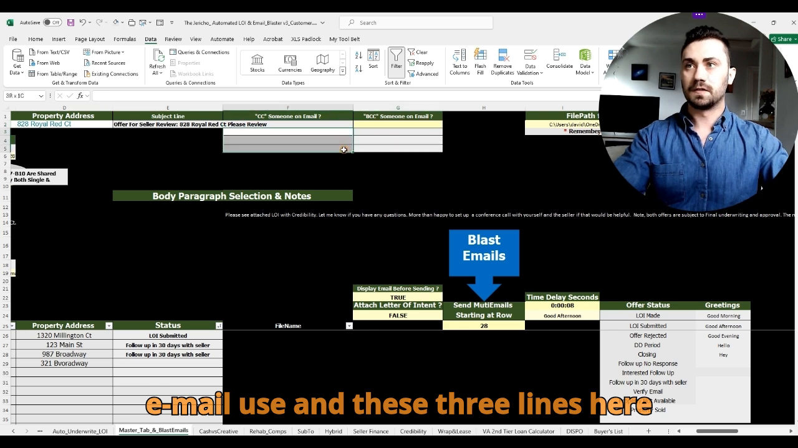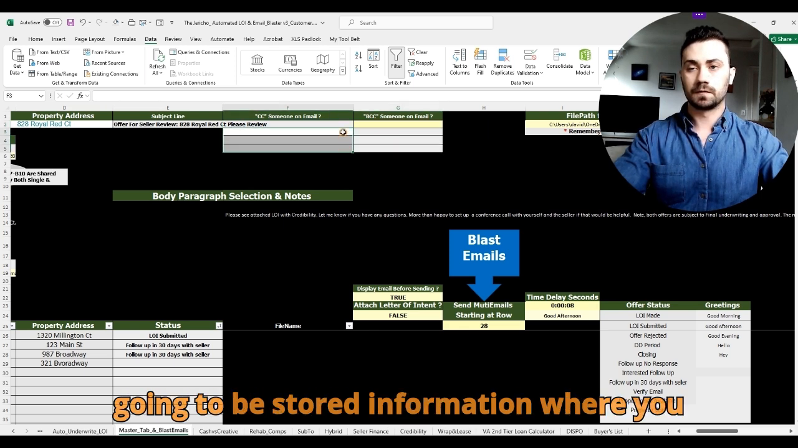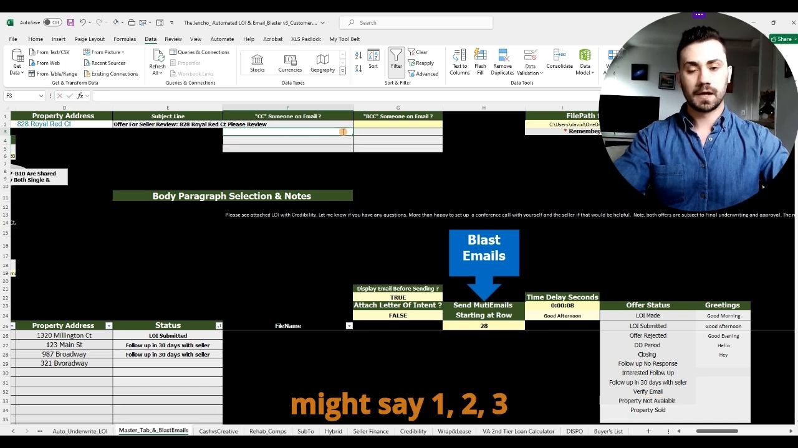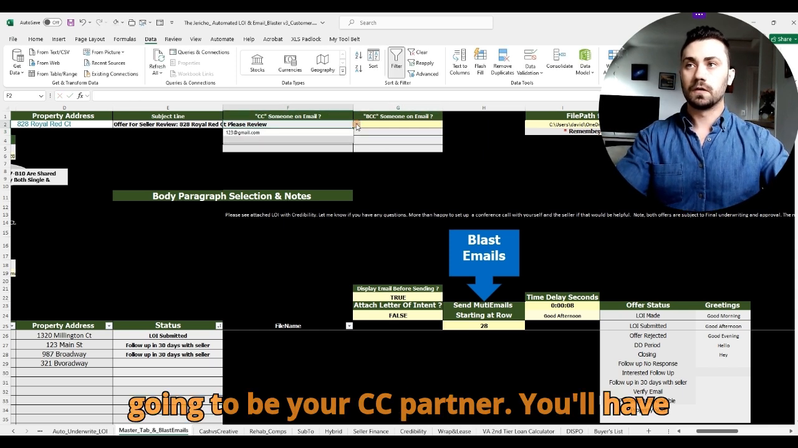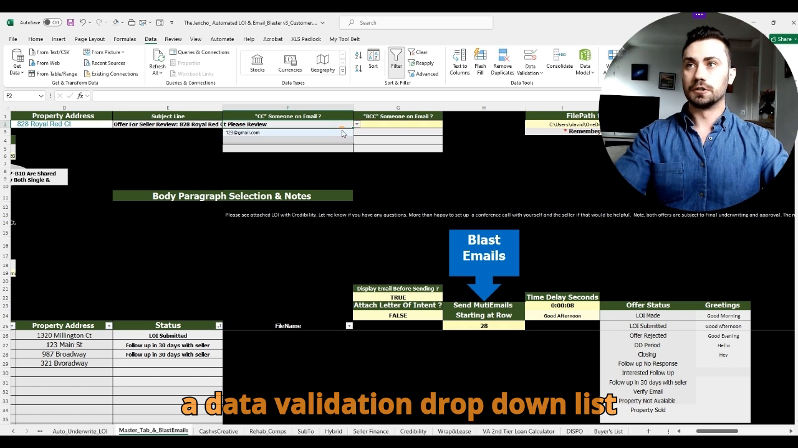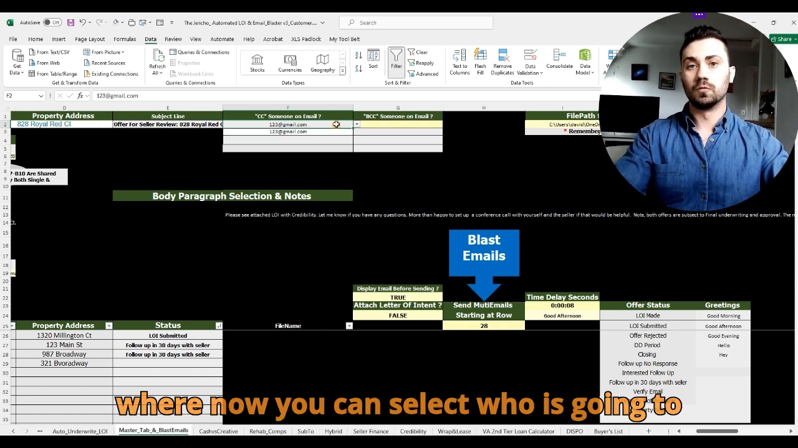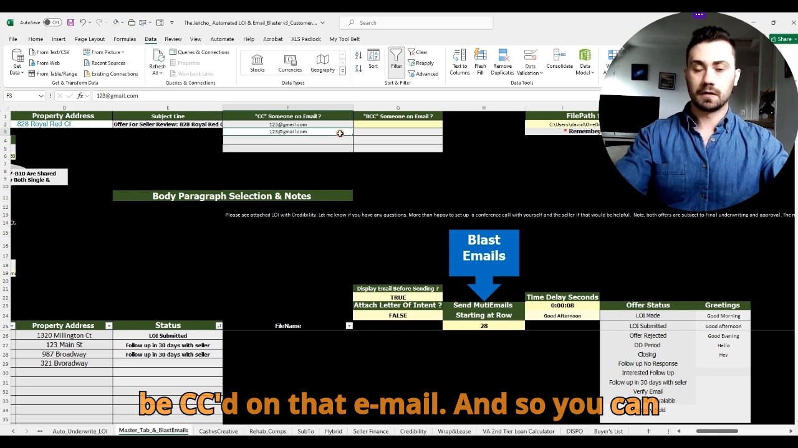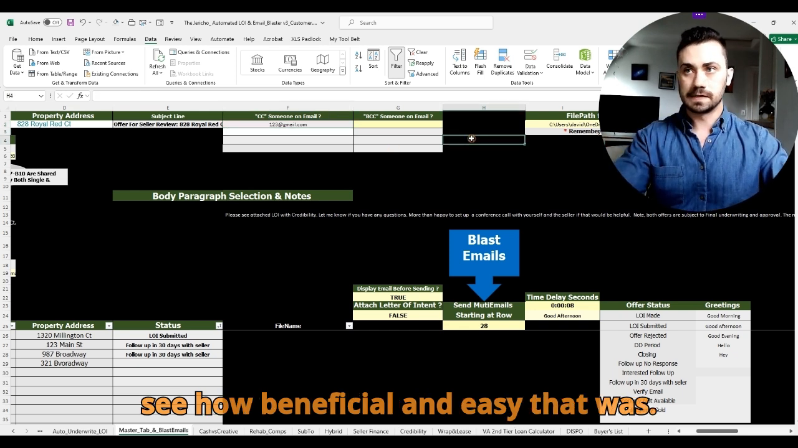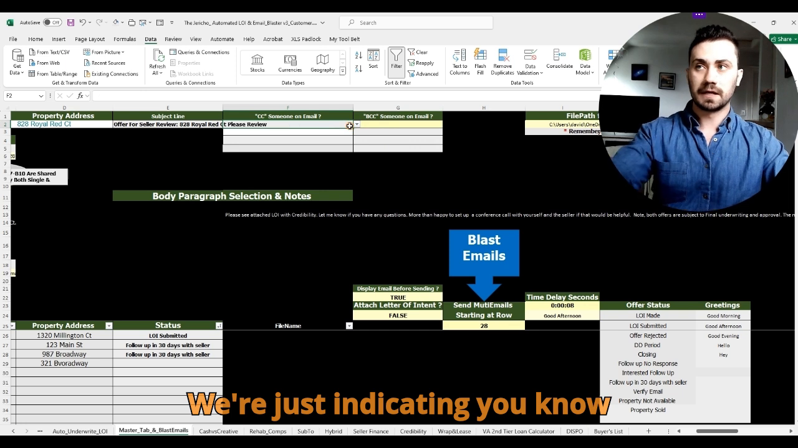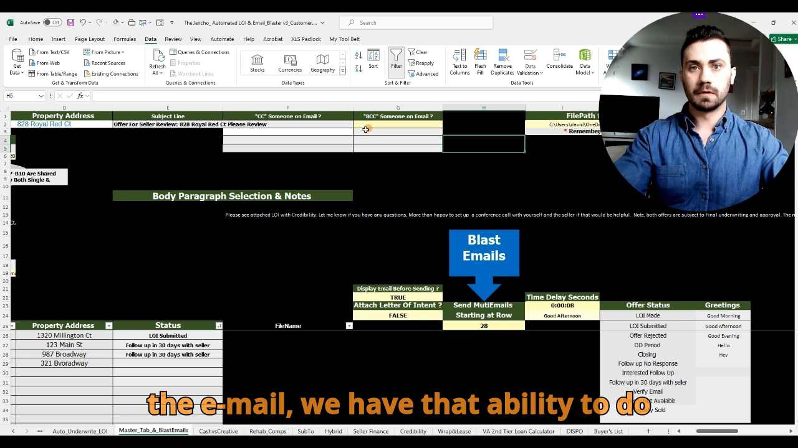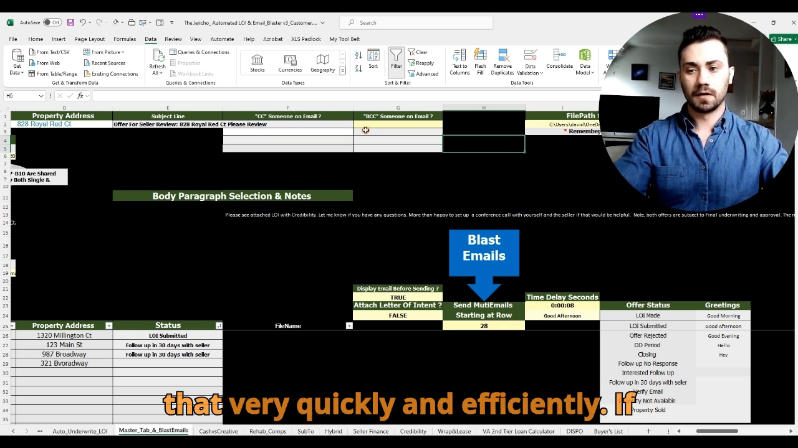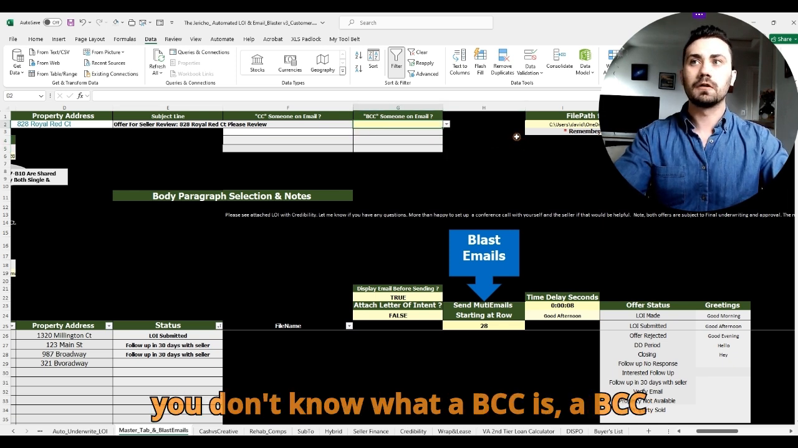And these three lines here highlighted in gray, that's basically going to be stored information where you might say 123@gmail.com is going to be your CC partner. You'll have the data validation drop-down list where now you can select who is going to be CC'd on that email. And so you can see how beneficial and easy that was. We're just indicating, if we wanted to incorporate anybody on the email, we have that ability to do that very quickly and efficiently. If you don't know what a BCC is,